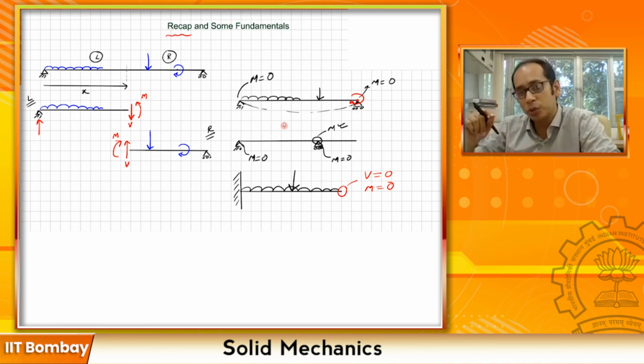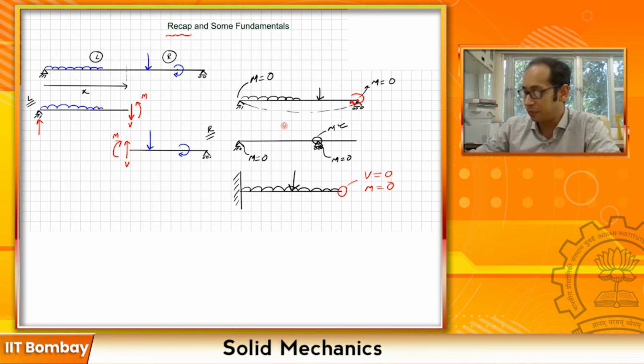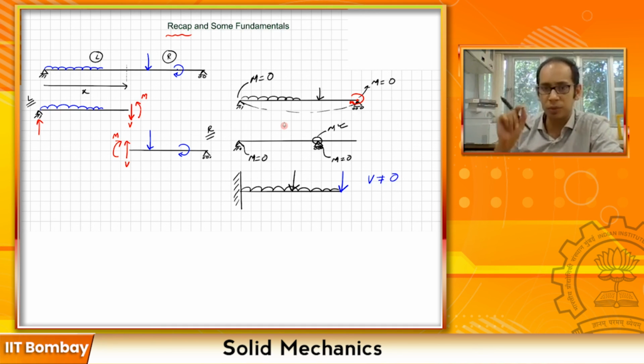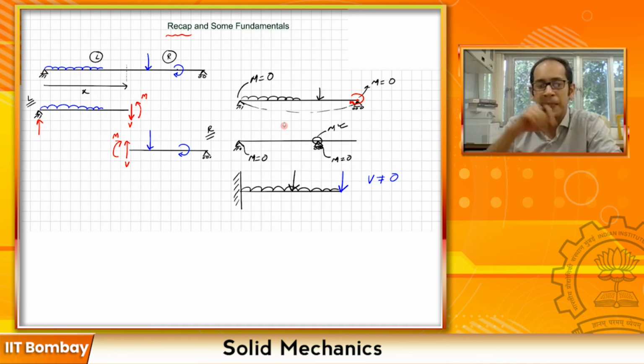This is again opposed to the case that at the free end, suppose you were applying a load over here, then your V in the beam will not be equal to 0. You will see that V becomes equal to that force that is applied. So if you are not applying anything particularly to the free end of a cantilever, your shear force and the bending moments are going to be 0.